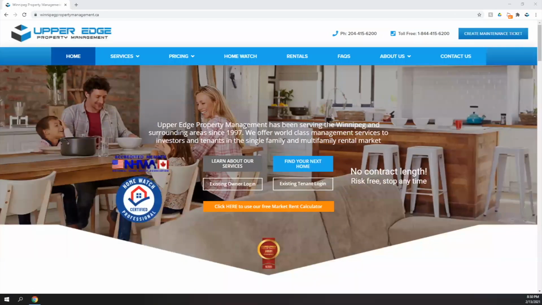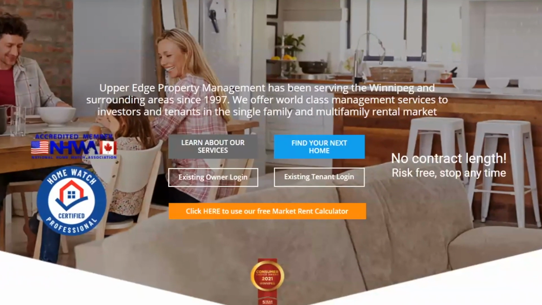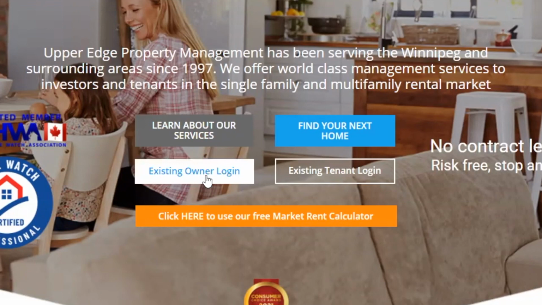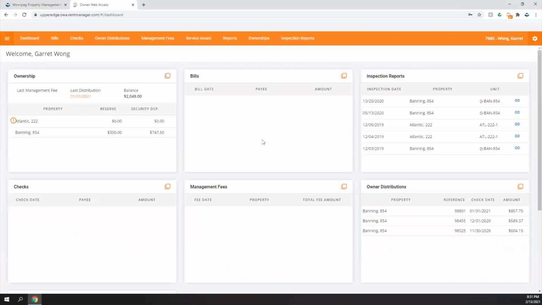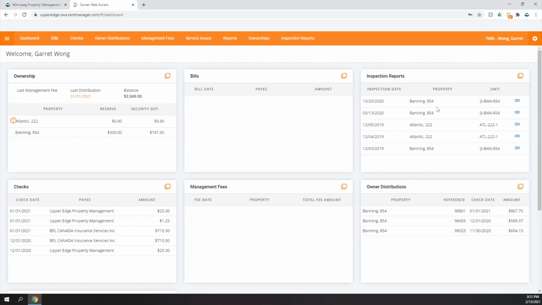So we have the home screen of our website. If you're an existing investor, we're going to click on existing owner login. That is going to bring us to the web portal. I'm already logged in here for this demonstration, so I'm just going to sign in. And what you see here is our dashboard. You've got your ownerships, bills, latest inspection reports, checks that have been issued out of the trust account, and owner distributions.